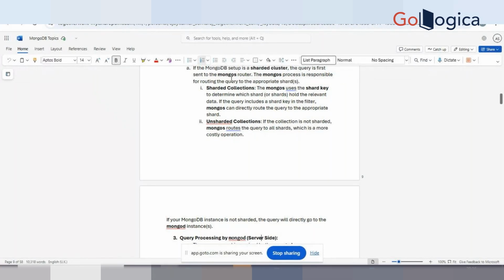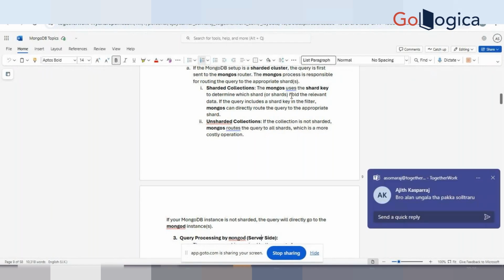The query first goes to the mongos router. The mongos process is responsible for routing the query to the appropriate shard. The mongos uses the shard key to determine